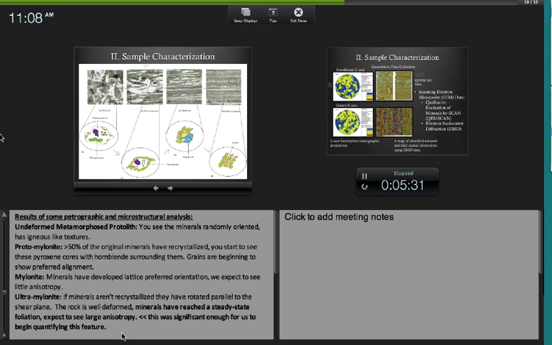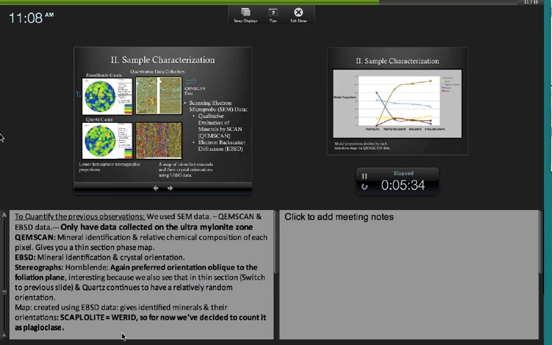Awesome. So in order to quantify the previous observations, we did some quantitative data using scanning electron microprobe data. More specifically, we've got some ChemScan data and some EBSD data. So far, we've only done it on the ultramyelinite zone. ChemScan data allows us to obtain modal proportions, so percentages of each area, percentages of the minerals in each area. And electron backscatter diffraction data allows us to,